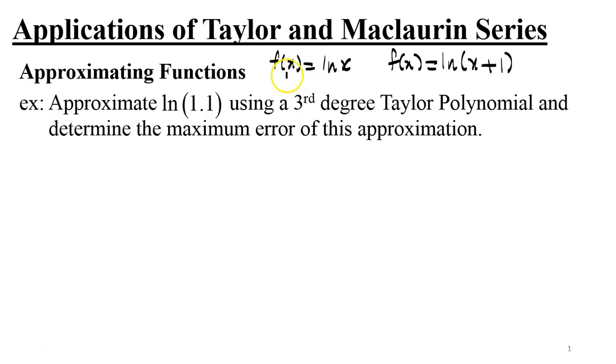So if you were to go for f of x equals ln x, you'd need to center your Taylor polynomial at a real number different than 0, or that is not negative as well, since ln x cannot take